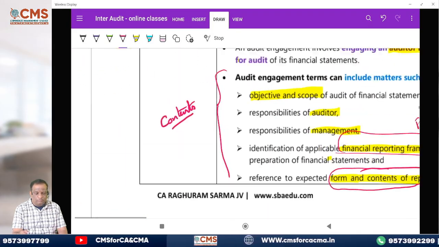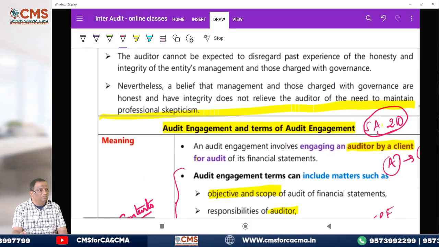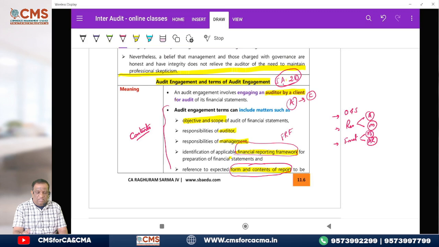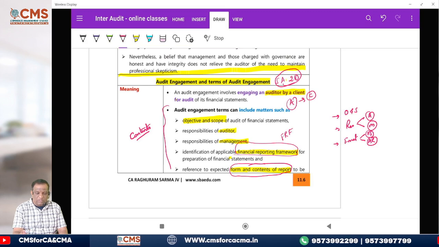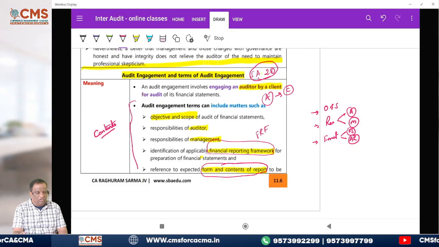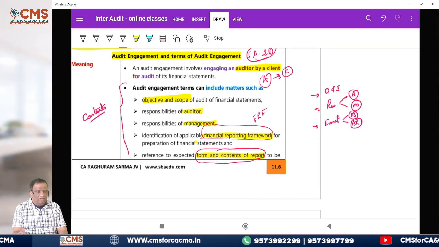And then I'm just considering the importance of the time that we have. I'm going a little fast. Now, this audit engagement. So again, he has come to this. Whenever I say audit engagement, we already talked about this morning itself. Now, engagement